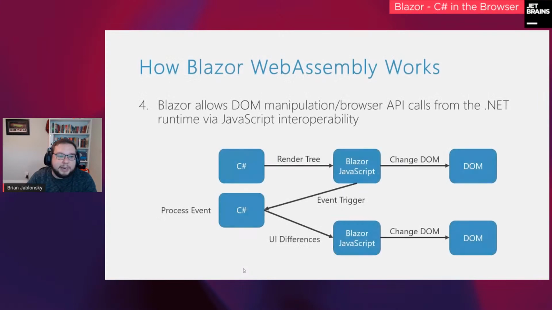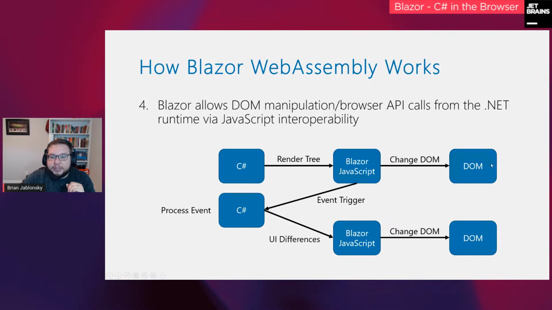And then, looking at how the DOM manipulation works, because it's always a question. Okay, you're running .NET in a browser. How does everything look? Basically, it's relatively simple. You have this Blazor JavaScript interop, the blazor.webassembly.js file that's responsible for the interop. When the C# code runs, it passes everything over to the interop, and then it can pass over changes to the DOM.